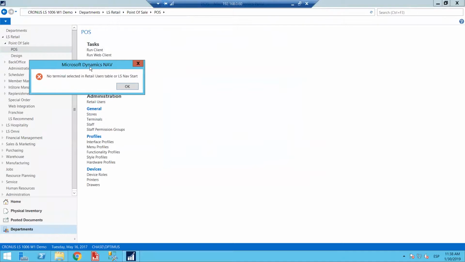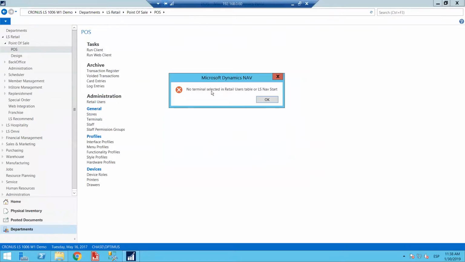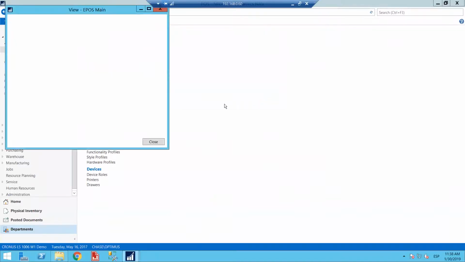No terminal. Okay, now we have a second error. No terminal selected in retail user table. So previously we had an error that a missing component was not there, and now we're having a second error, but this is related now to a configuration. So we can say that now the components are installed. When you are being required